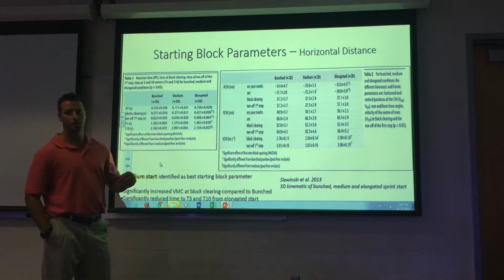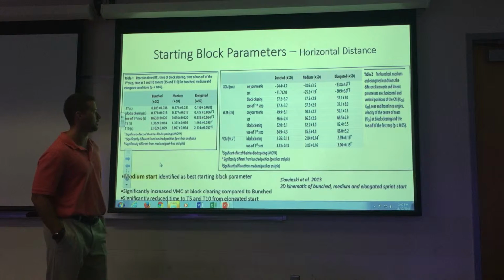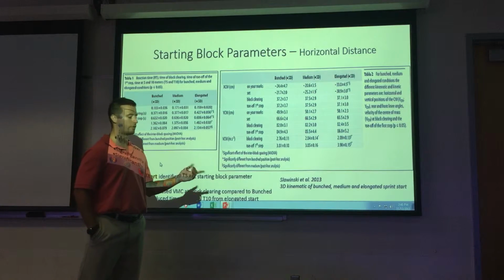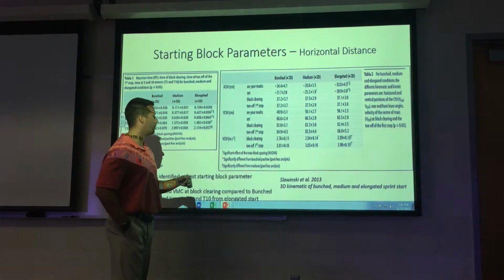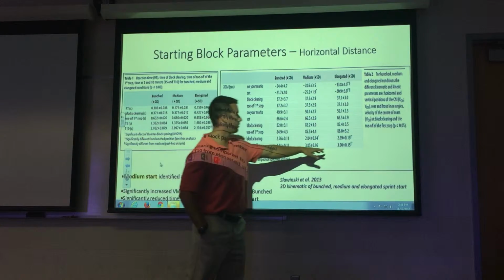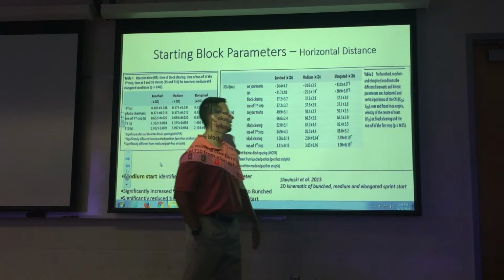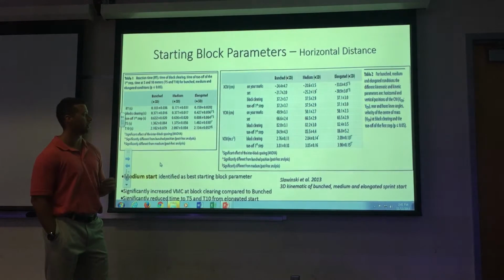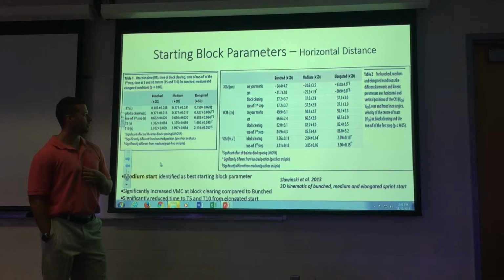Actually, you know what? Let me scratch that. That wasn't horizontal. That's just velocity center of mass. Slightly different. So the elongated start had the greatest velocity center of mass at both the block clearing and the toe off first step. You can see that's 3.9 and 2.89. Both of those numbers are statistically significantly better than the bunch and the medium start for those 2